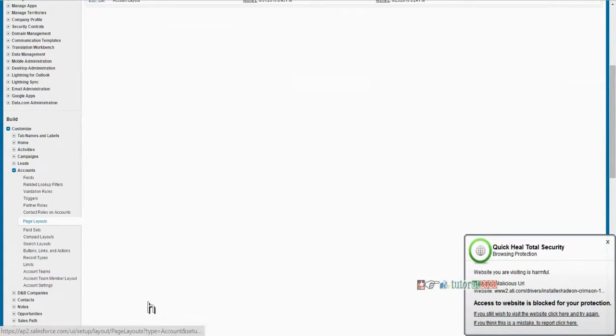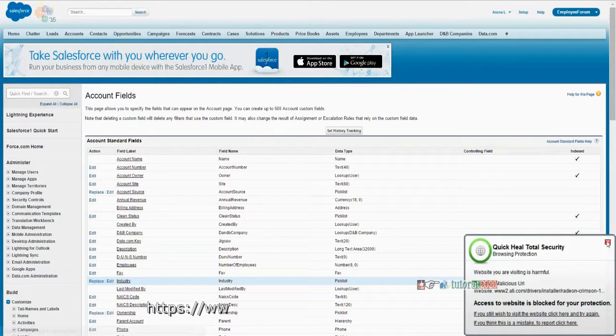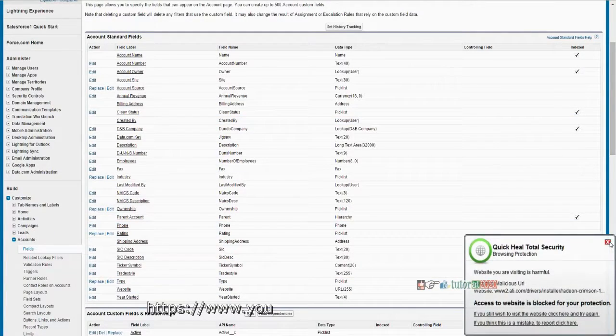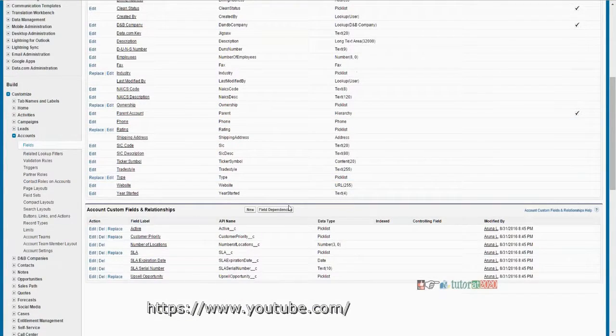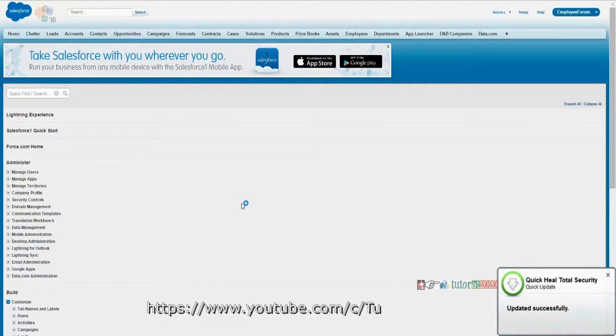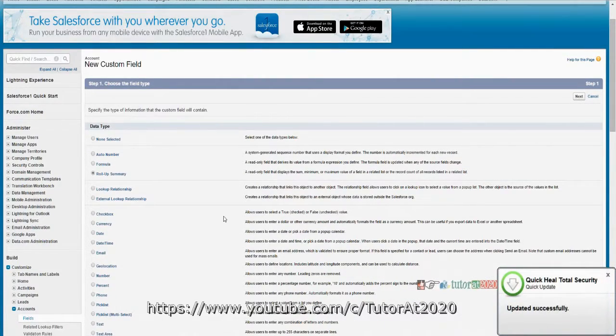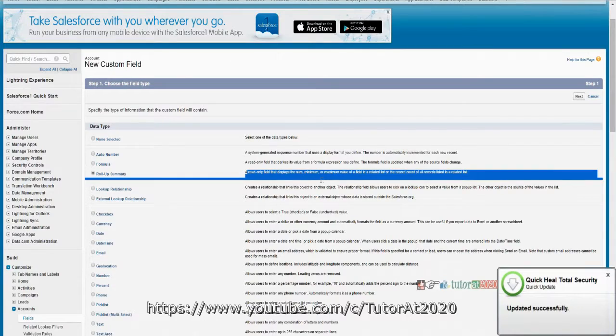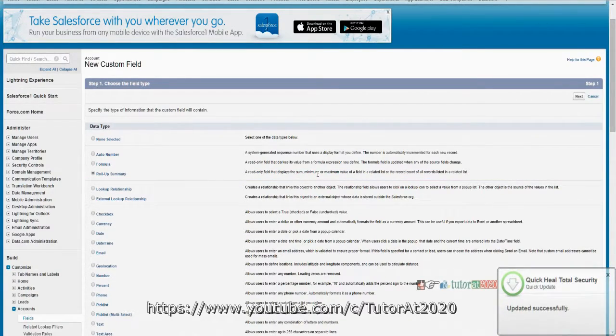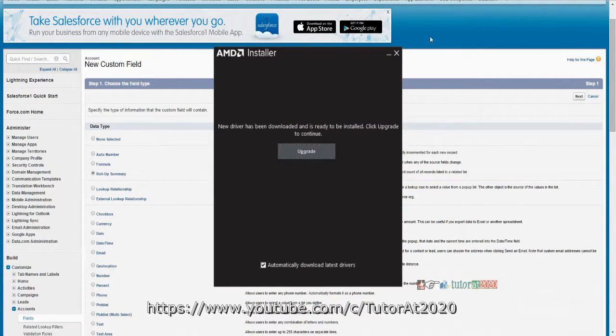So if you see any object, okay, if you create a new field, there is Rollup summary. What it says: a read-only field that displays the sum, minimum or maximum value of a field